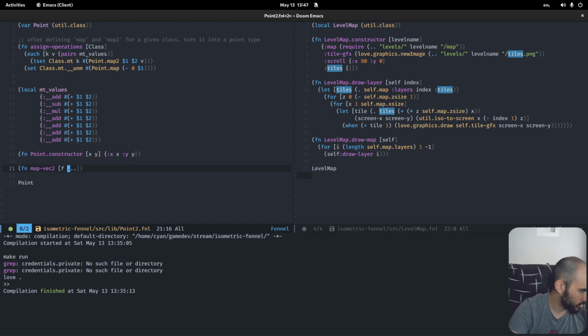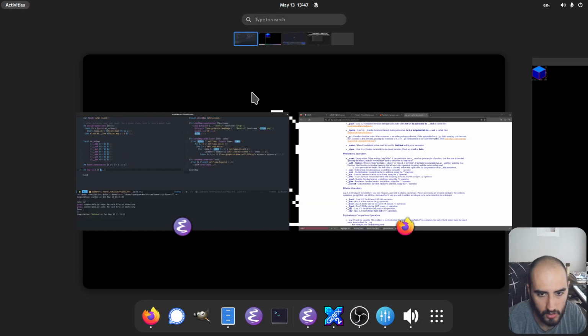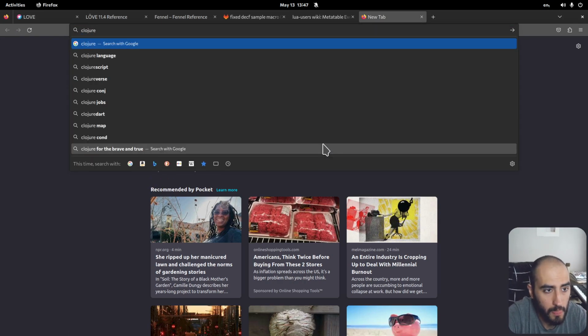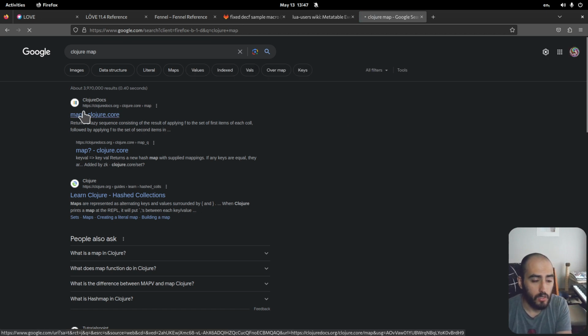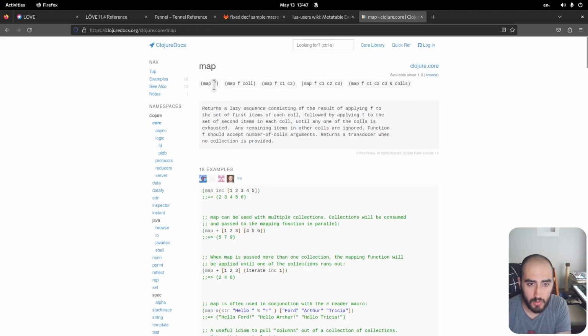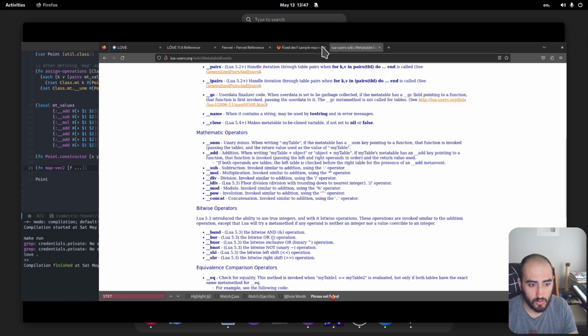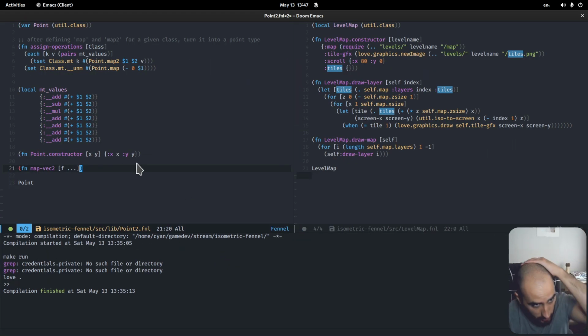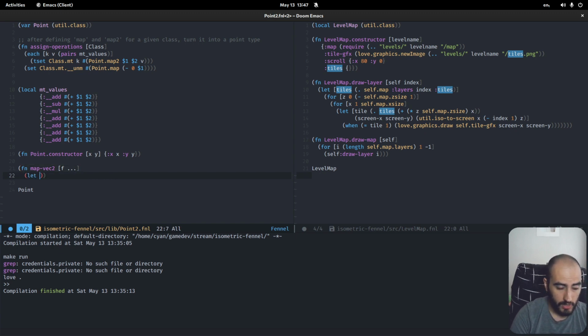Like in Clojure, for example. In Clojure, I'll look it up on my own machine. Clojure map is map f collection. Okay, so I could do map vec2. What it would do is let the x's be